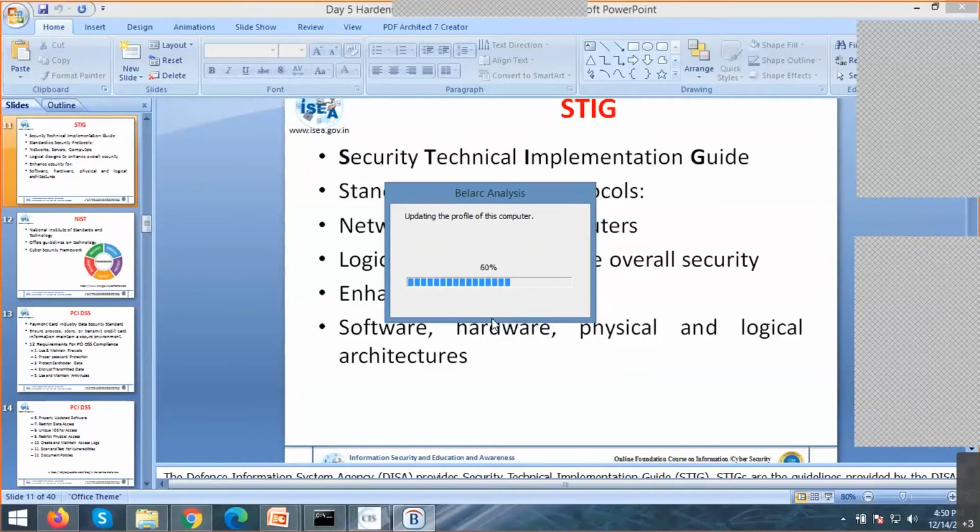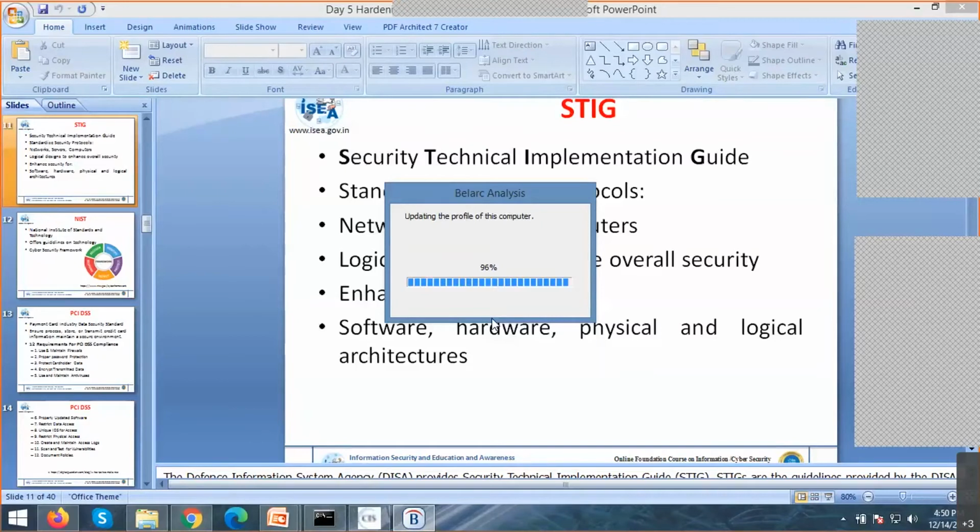So this is one of the tools which gives you the complete details of your PC. It also analyzes your inventory, what exactly the inventory of your PC is, what the security level is, and the antivirus status, whether it has been updated. It also gives a clear-cut idea about the USBs and pen drives used.